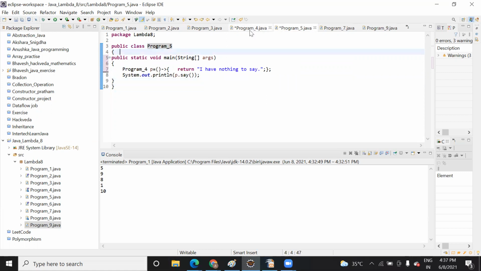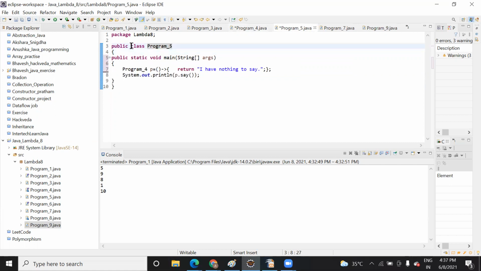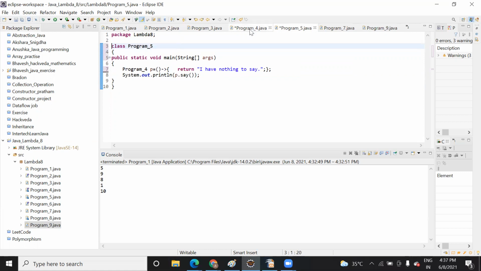No error. One minute, let me check. I think the compiler is smart. One minute.